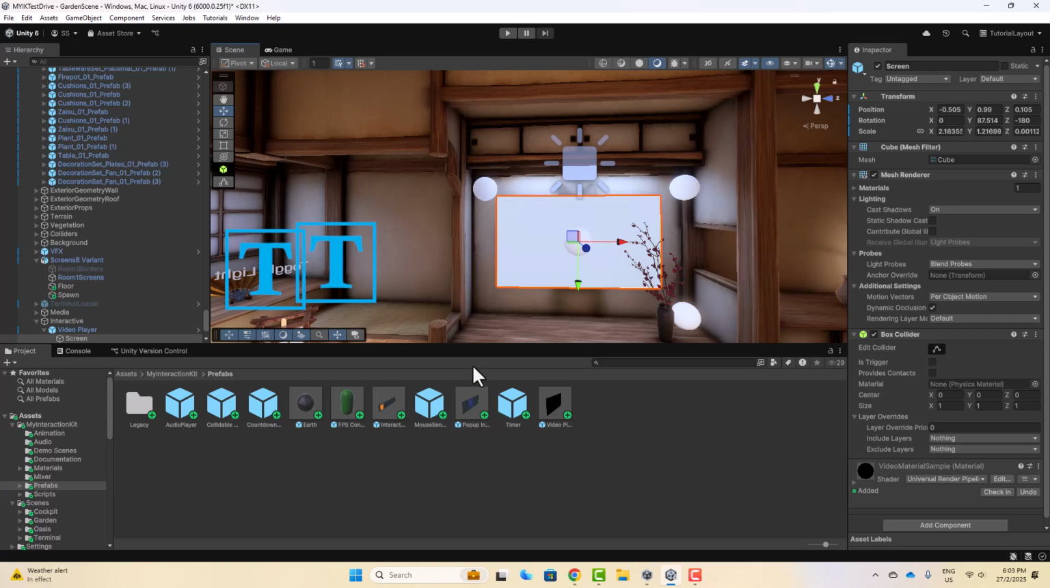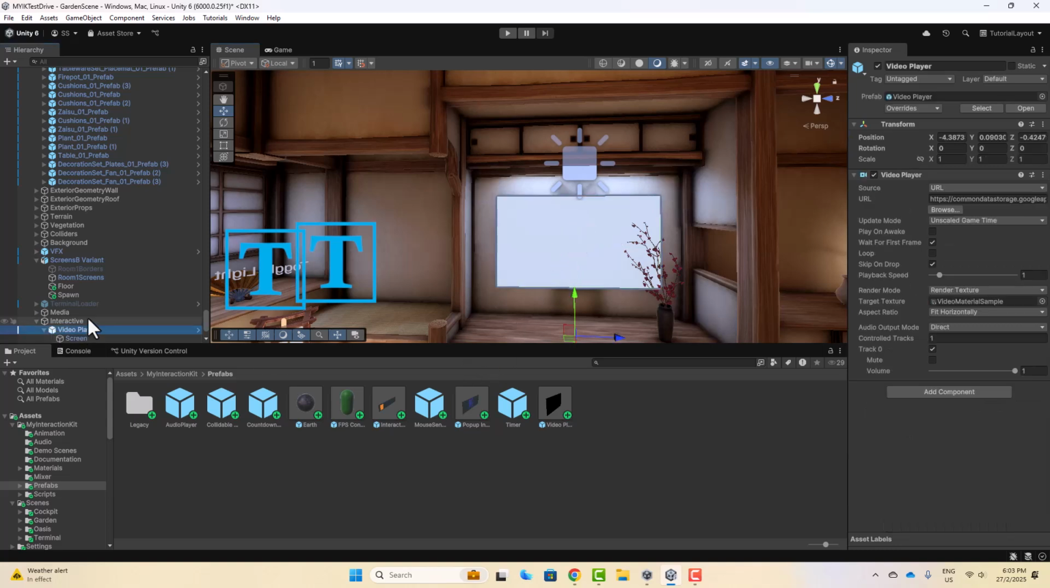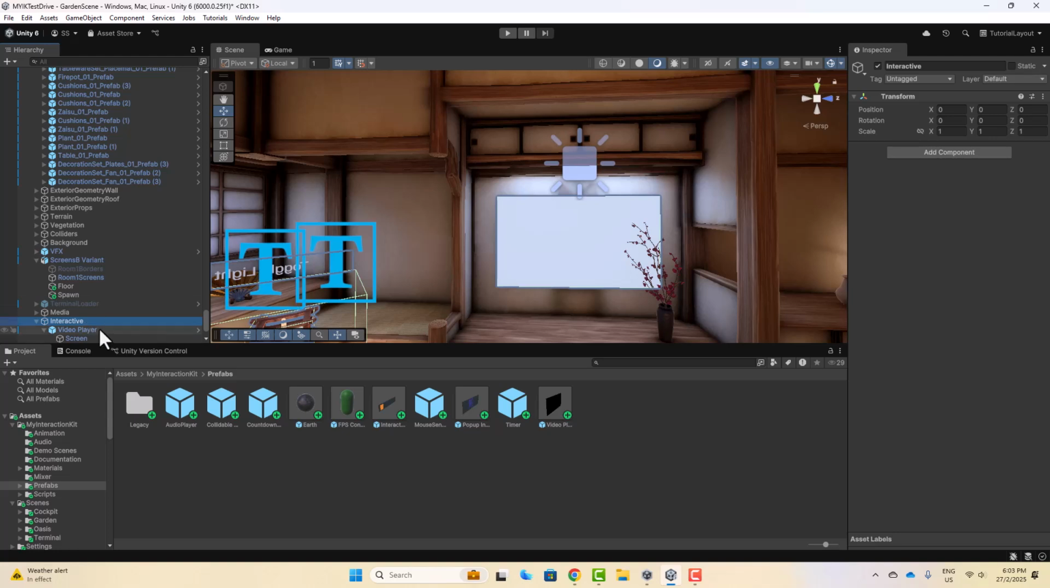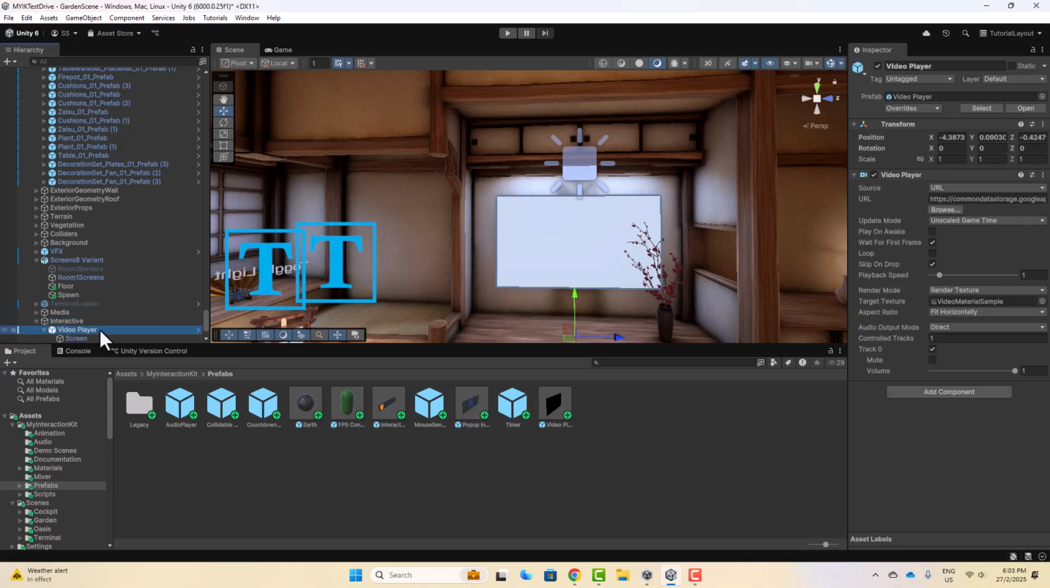Okay, then on the video player, currently the video player is going to play something from a URL, which is the Big Buck Bunny thing. You can change the URL to whatever, as long as the format is MP4. Okay,